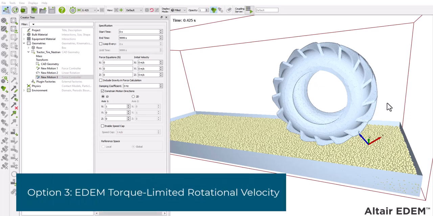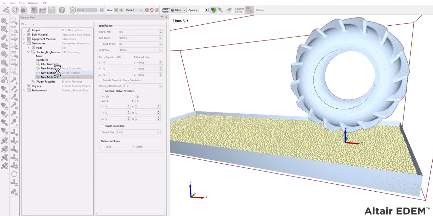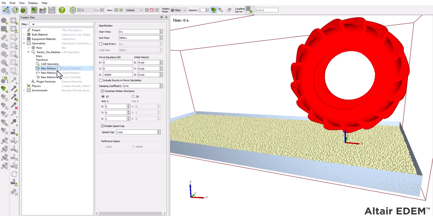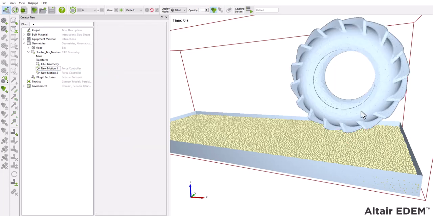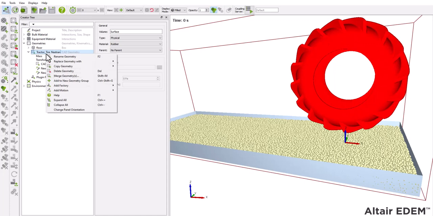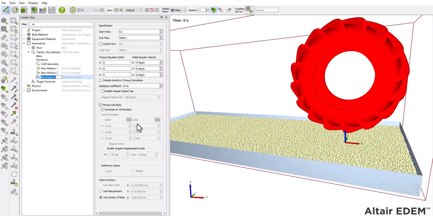Now the third and final option that I'll cover on how to set up a unique tire motion is a torque limited rotational velocity. So if we rewind this back to 0, again we're going to use the same force controller to apply the vertical load, but in this case we're going to eliminate the constant rotational speed so that we don't have a fixed rotational speed, and instead I'm going to add in a torque controller,